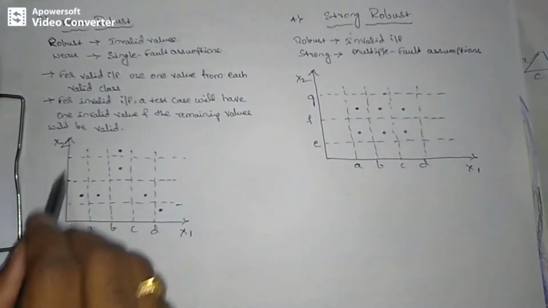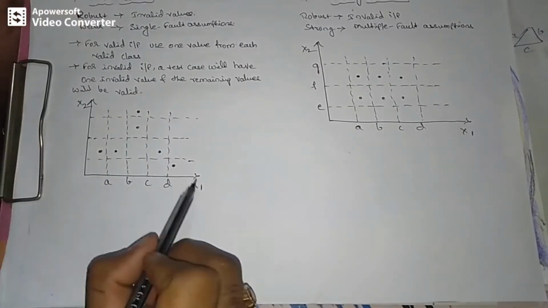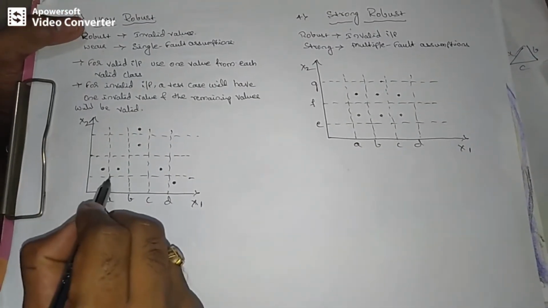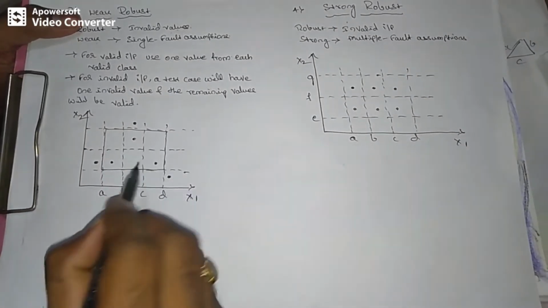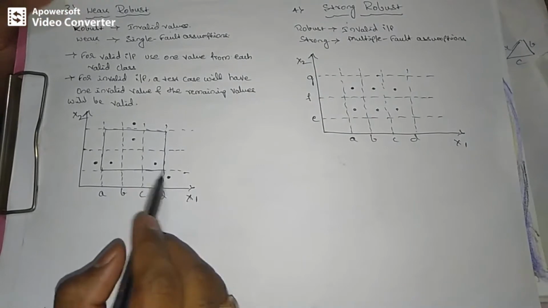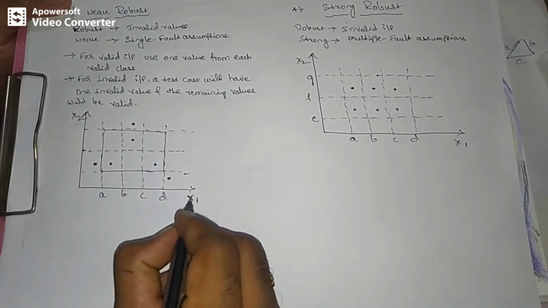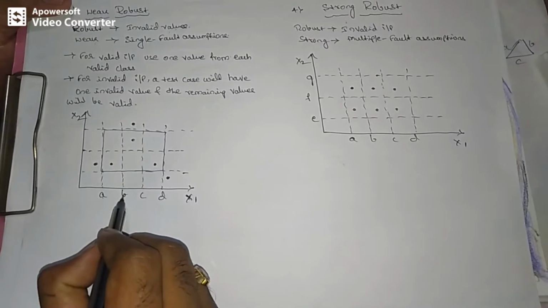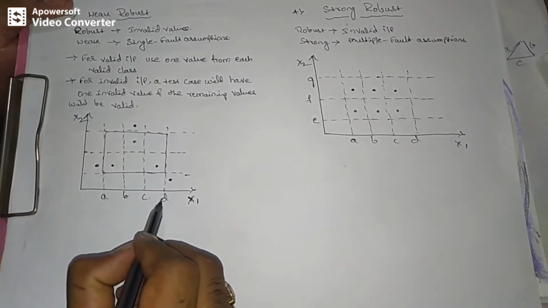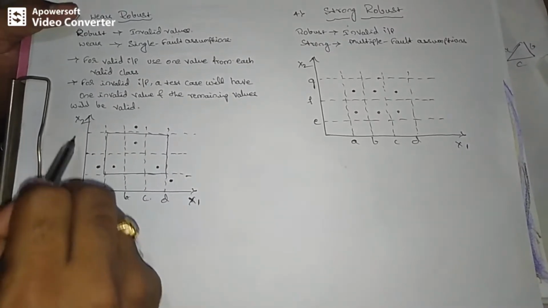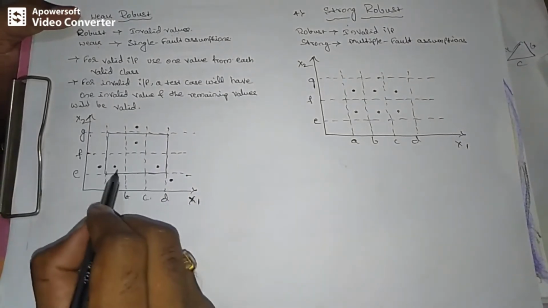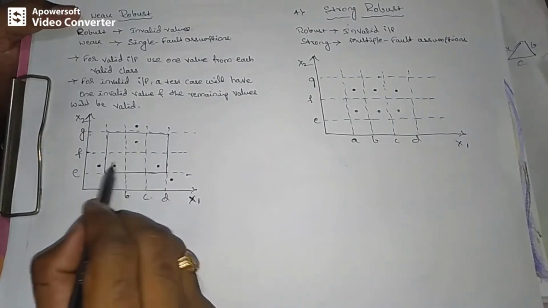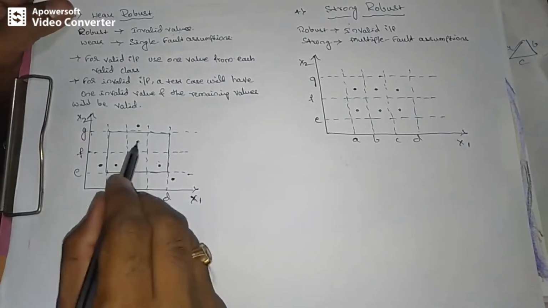Now you can see this diagram. In this diagram, x1 and x2 are the two input variables. For these two input variables, this is the input domain range which we have already gone through in the previous examples and categories. A to B is one class, B to C is another class, and C to D is another class or interval of x1. Similarly, the x2 intervals are E to F and F to G. These are the partitions which I have selected under the weak normal test cases.